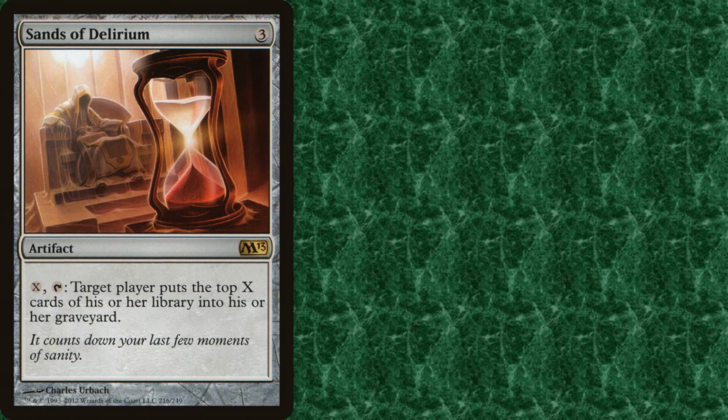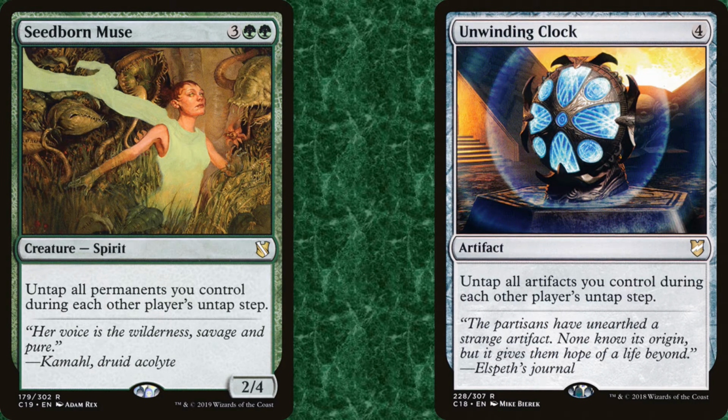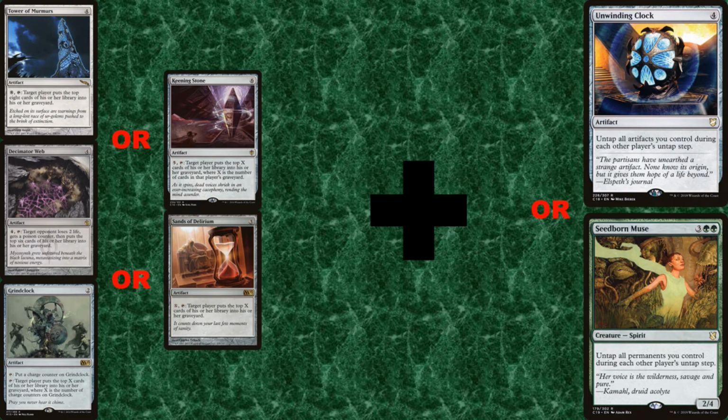Now, all 5 of these combo really well with either Seedborn Muse or Unwinding Clock. That way you can activate them and mill your opponents during each turn. So in a turn cycle, you will mill somebody 4 times for however much whatever card does. So for that line of play, you would just need Tower of Murmurs or Keening Stone or Decimator Web or Sands of Delirium or Grindclock and Unwinding Clock or Seedborn Muse. So that's a way to do it in just a fair, non-infinite way that is not as strong as if you did something infinitely, obviously, but it is more reasonable,